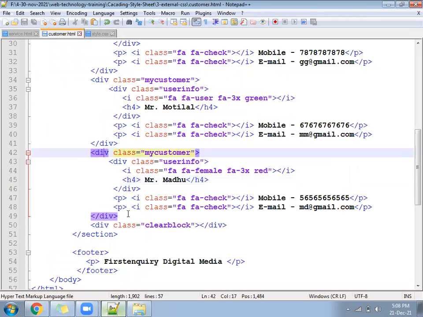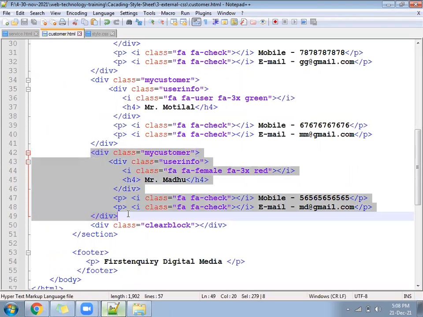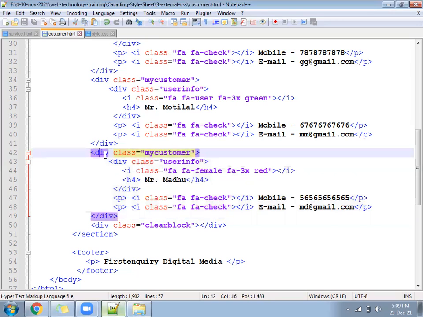Copy again the same icon. Paste after this. Copy the same.